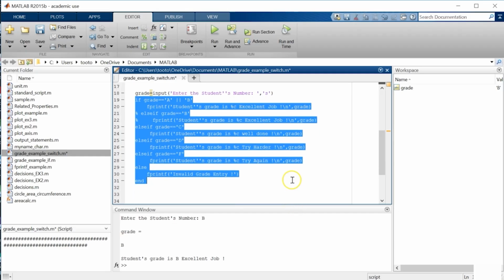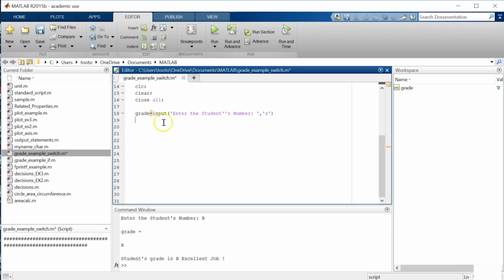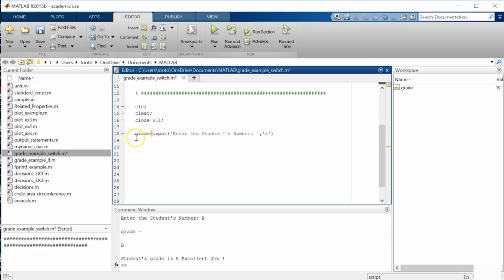We can use a lot of it, but I prefer to write on a clean sheet here. All right, so the first one would be the same. The grade is the same. And then I'm going to switch. It's a reserved word, grade. Okay, so when we switch, it means that we're going to use multiple cases in here. And let me close it too. Every switch comes with an end, exactly like if and else if. So the case 1, case A, we would use